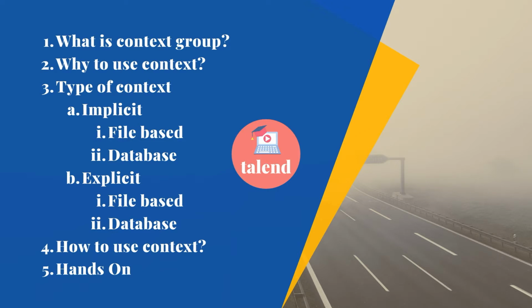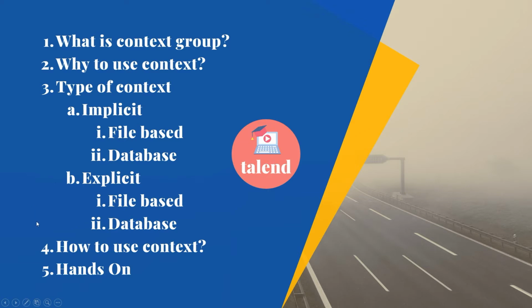So next we'll look at types of context, the implicit context and then the explicit. The main difference is that implicit is something defined at the entire project level. If you have 500 jobs and you want one of the connections to be available across all those 500, then you make use of the implicit, through which you can load common variables and their values. For example, if you are using a SQL Server connection, you can load that in your project and then keep using it. And of course, you can bypass this if certain batch is not required, right? So that is all about implicit.